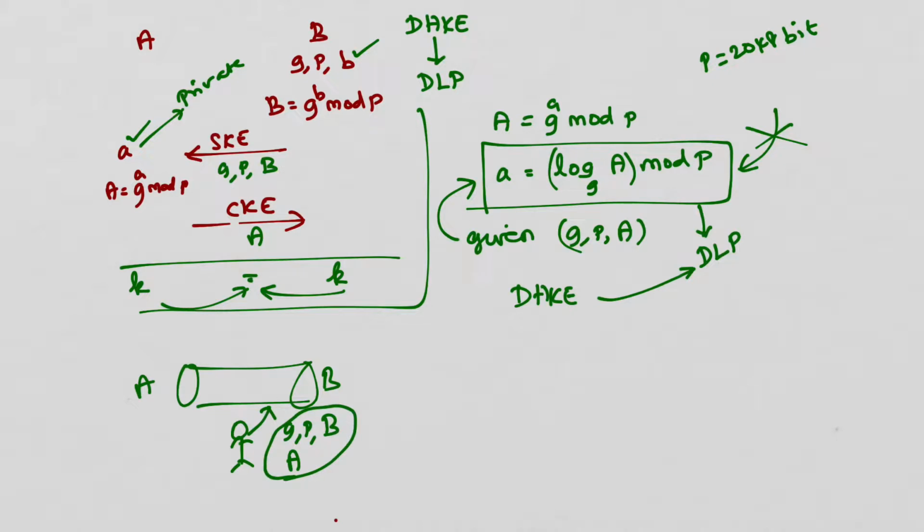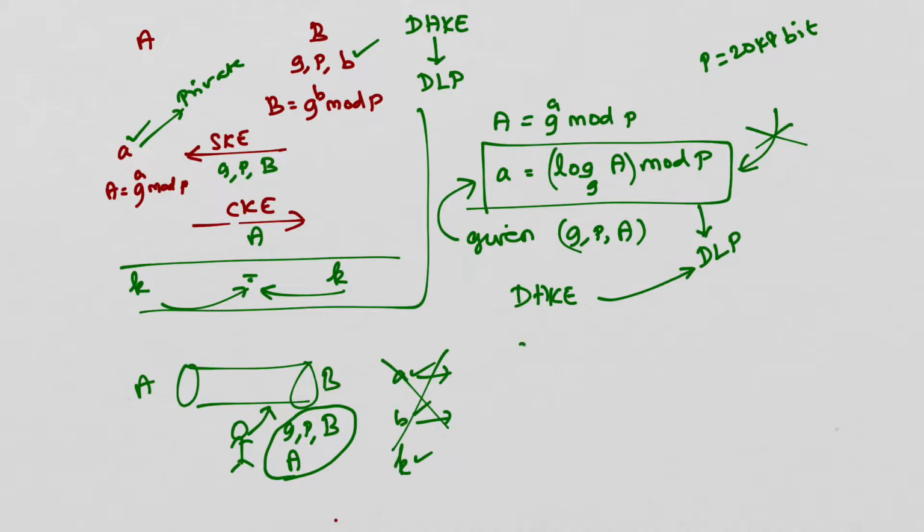So is it possible for the hacker to break either A or B? If he can break one of these, he can learn the shared secret K. Solving for A is a discrete logarithm problem. Solving for B is again a discrete logarithm problem. So it is not possible in a human lifetime. It's going to take thousands and thousands of years.